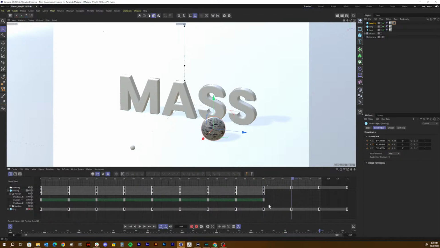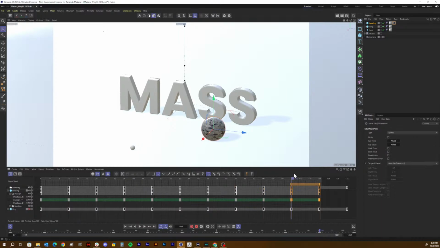Bring this one here. Control dragging. It's going to go boom, up, boom, down. Let's delete this last keyframe. All right, so,